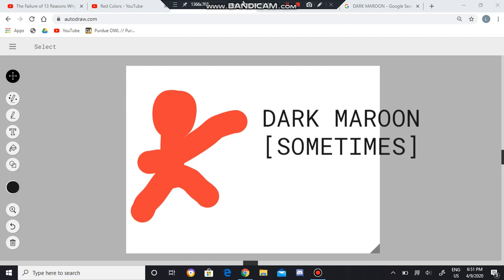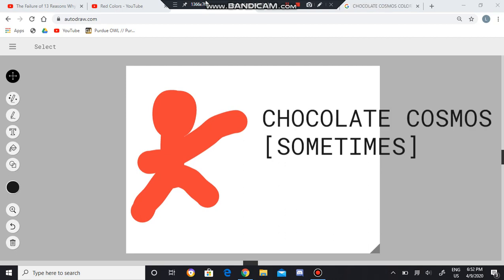Now, the next red is Chocolate Cosmos. And the reason why Chocolate Cosmos is next, because of how deep it is. It looks like a reddish purplish, you know? Sometimes like maroon. Yeah, you know. Next,